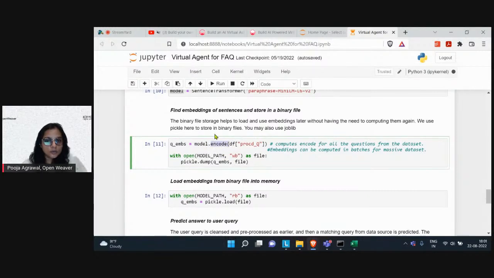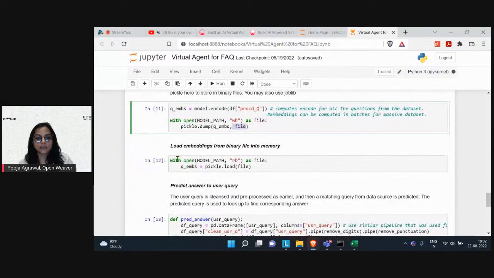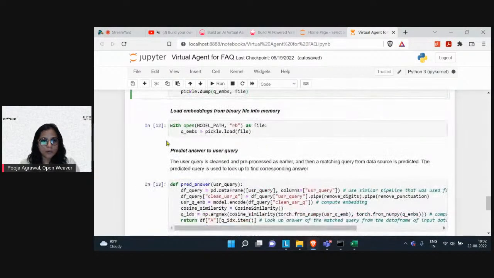Okay. What is this encode doing? It is computing the embeddings for all the questions in my notebook, in my data set, and then storing it into this q underscore embeds. So for all the questions alone, the processed column was your question column. All the question column, what I have done, changed it into the mathematical lower form and saving it into this. And then after this, we want to save this model into a file. So for that, I'm using the pickle.dump. Dump all this variable into a file form. And then my training is completed. Now I will go for testing.